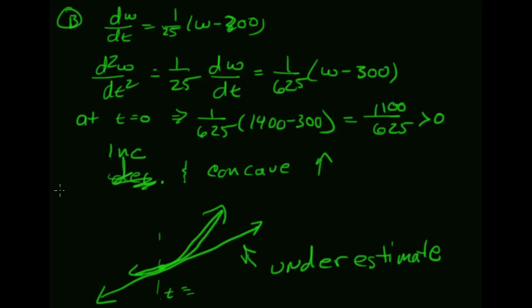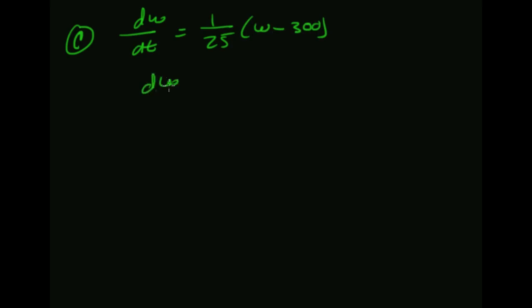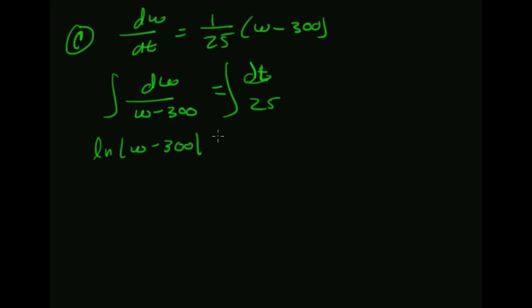Let's look at part C of this problem, which asks us to solve the differential equation. All right, so the differential equation here for part C, dW/dt is equal to 1/25 times (W minus 300), which means that dW over (W minus 300) is equal to 1 dt over 25. Take the antiderivative of both sides. We get the natural log of the absolute value of W minus 300 is equal to t over 25 plus some constant. We have an initial value where W is 1,400